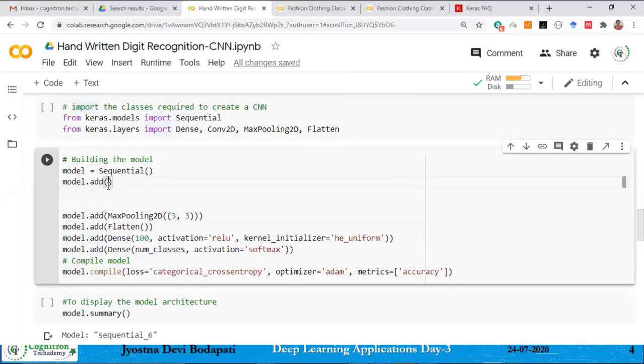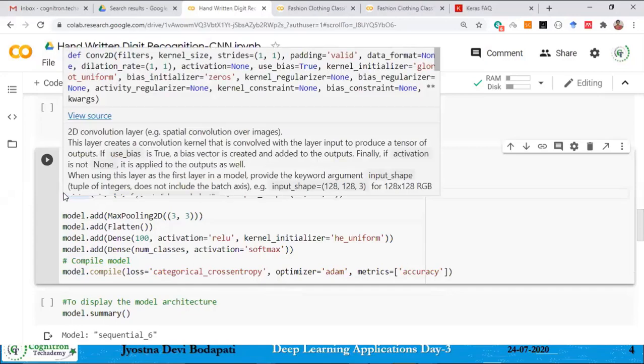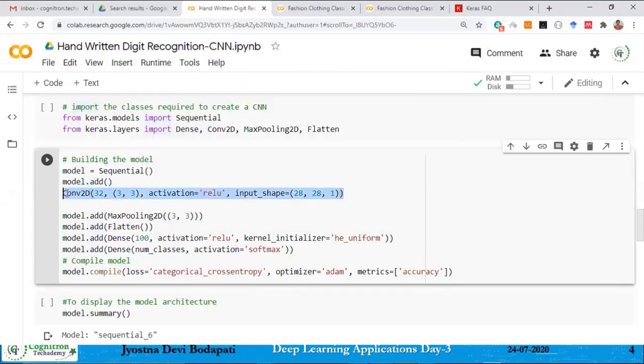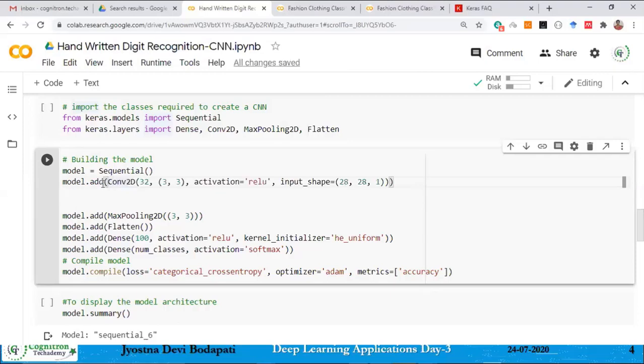You need to have the convolution first, right? So instead of creating the convolution class object separately, I am directly passing an anonymous object here. I hope all of you are comfortable with the classes concept. Those who understand that can follow this very easily. That is how I'm passing the convolution 2D class object to this add method.